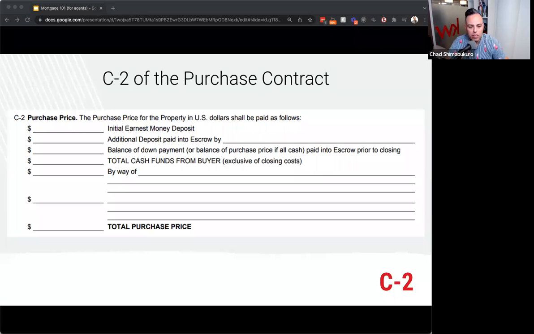Because the seller, and the listing agent, can then say, we accepted your offer based upon how you wrote the contract, and being that you're not putting down 30 or 40% but only 5%, we would have taken another offer. So you've got to make sure that you understand what the down payment is. And then "by way of" should illustrate the type of loan it is. So, by way of a new 30-year fixed conventional mortgage. And I always like to throw in there, with rates and terms acceptable to buyer.